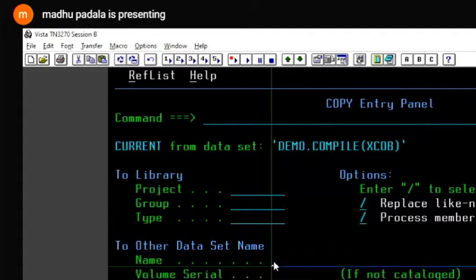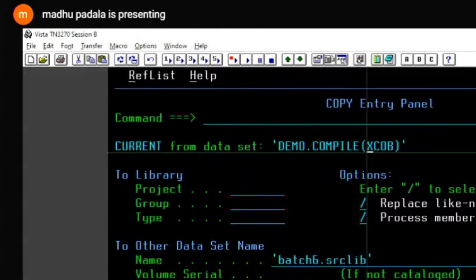It's already given in our screens. What's our program source library name? batch6.source library. Don't give a member name so that it is copied with the same name. If you give a different member name here, the member is copied with that name. Okay, now it is copied.